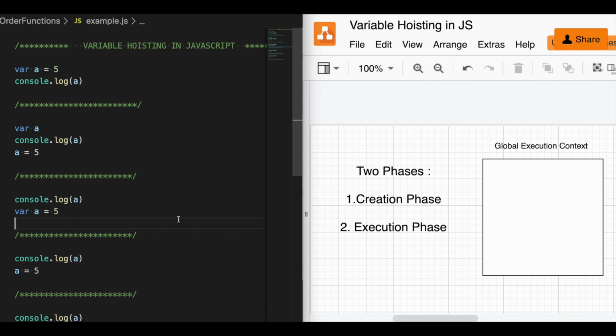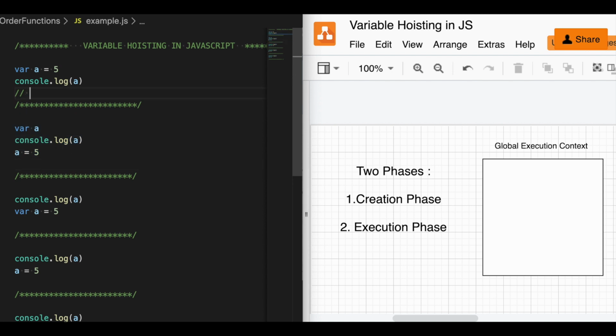So we call it variable hoisting. What I've done is, on the left hand side, I've prepared about 5 or 6 snippets. What you have to do is think about what each would output if executed independently of each other. So you take this, execute it on the JS runtime, then you take the second one. Just guess the output.